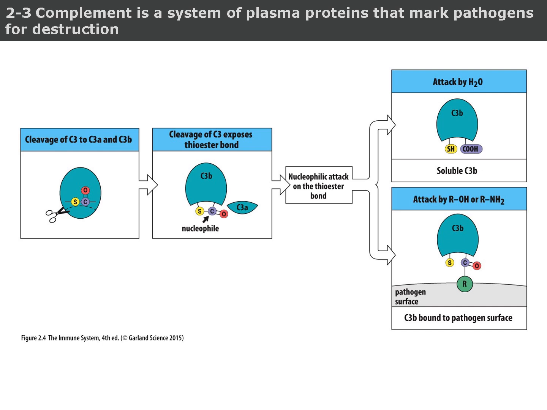If no pathogen surface is nearby, a water molecule attacks the bond, producing soluble C3b, which quickly loses its ability to bind. However, if a pathogen is close, molecules containing hydroxyl (OH) or amine (NH) groups can react with the thioester. This reaction covalently binds C3b to the pathogen surface, a key step in marking it for destruction. This mechanism allows the immune system to target and label only nearby invaders, making the complement system both powerful and